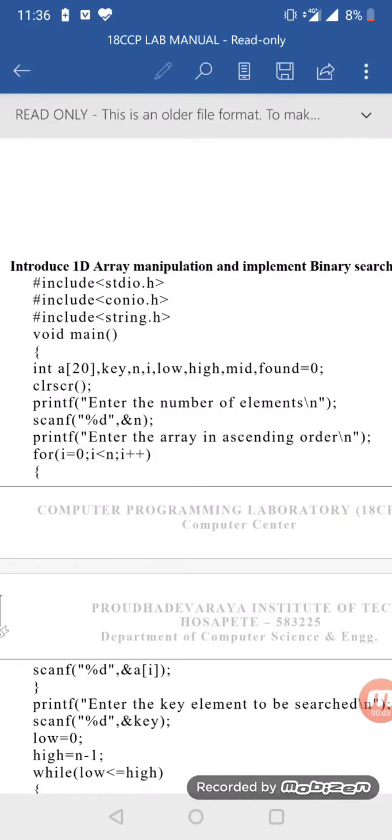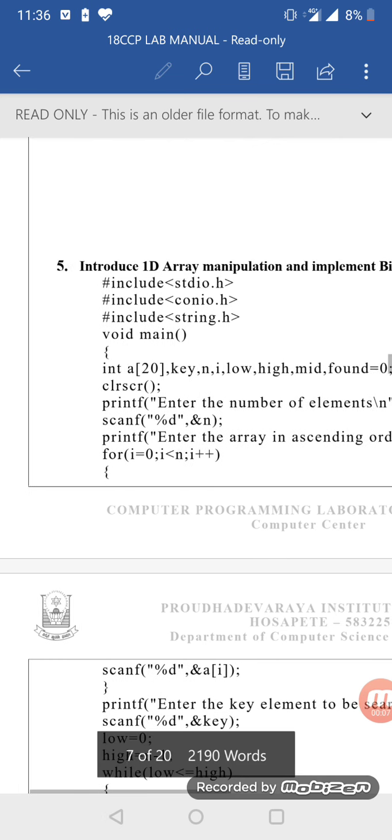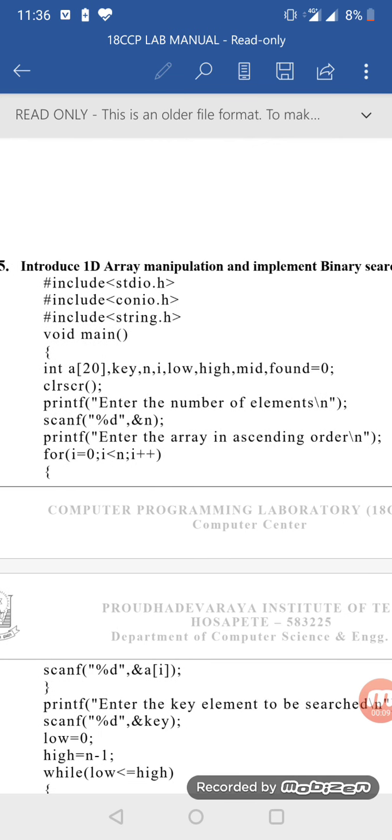Good morning, everyone. So today we shall start with our next program, that is binary search. It is the fifth program. Binary means two. Binary search means we are searching two sides of the array, that is the lower side as